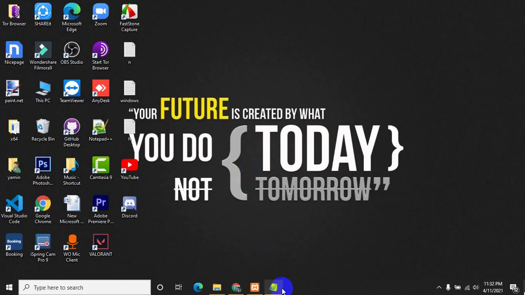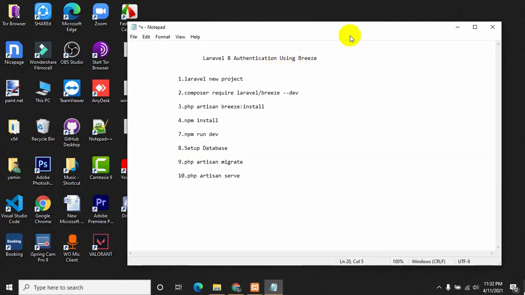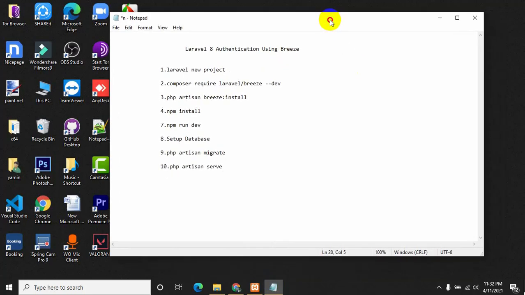In this tutorial I am going to show you how you can create a login and registration system using Laravel Breeze. Creating an authentication system using Laravel JSTM might be hard for some people because there is a lot of complex things over there. So if you are a beginner learning Laravel, then I would recommend creating a registration system using Laravel Breeze. Okay, so let's get started.